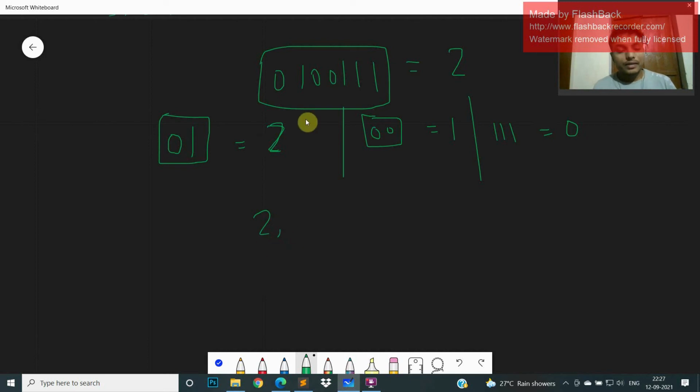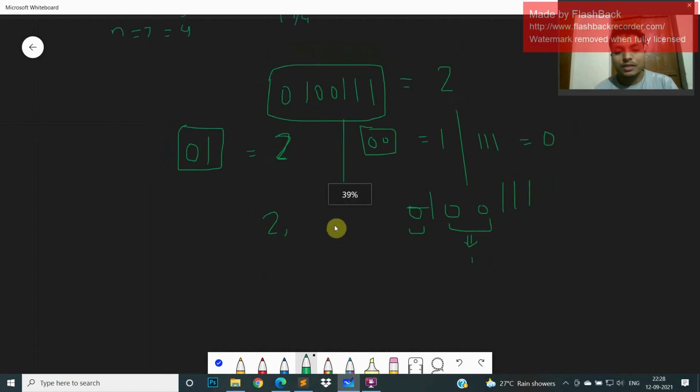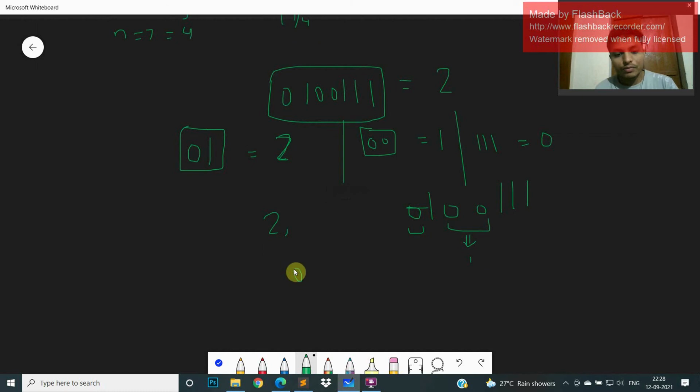After that, I will just check in the string how many zeros there are, like in this case scenario. I will split on this, because if it is zeros, then the mex will be 1. So what I am doing is making substrings which only contain 0, because then the mex will be 1, and if they only contain 1, then the mex is equal to 0.